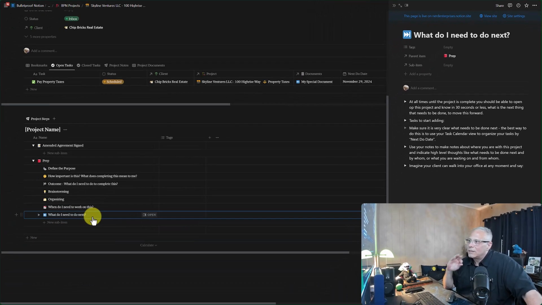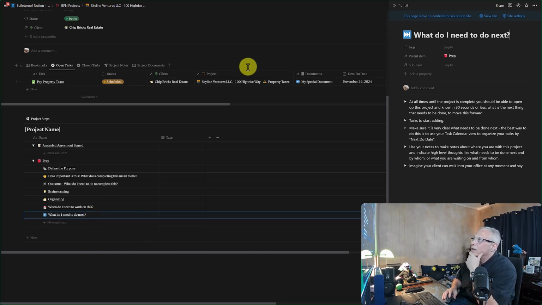And we get into the project, and that's the first thing we have to figure out. And that alone can eat up 15, 20 minutes of time. But if you have a good system like this, then you should be able to click right into the project, sort by next due date, and the first thing in that list should be the next thing that you need